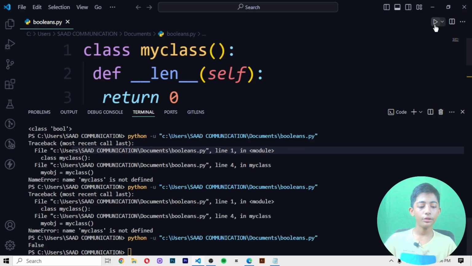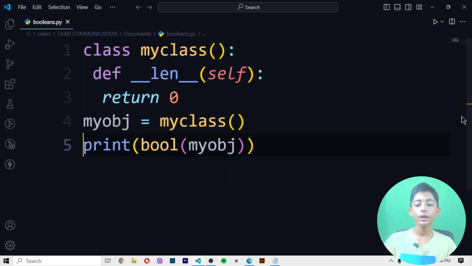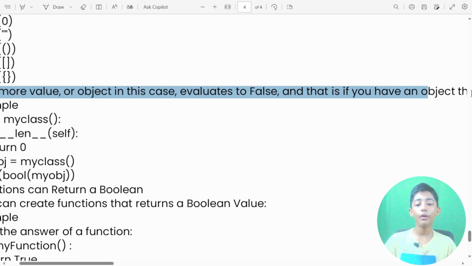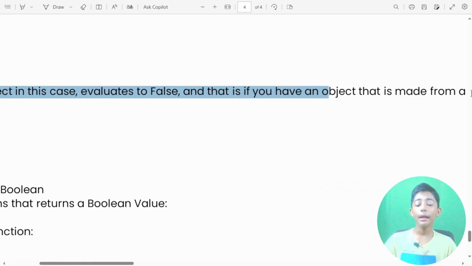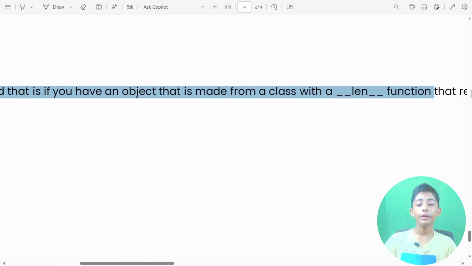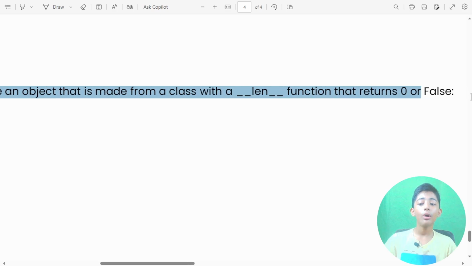Now save it and run it. So now it gives you false. Why does it give you false? It's like I've told you: one more object evaluates to false, and that is if you have an object that is made from a class with a len function that returns 0 or False.